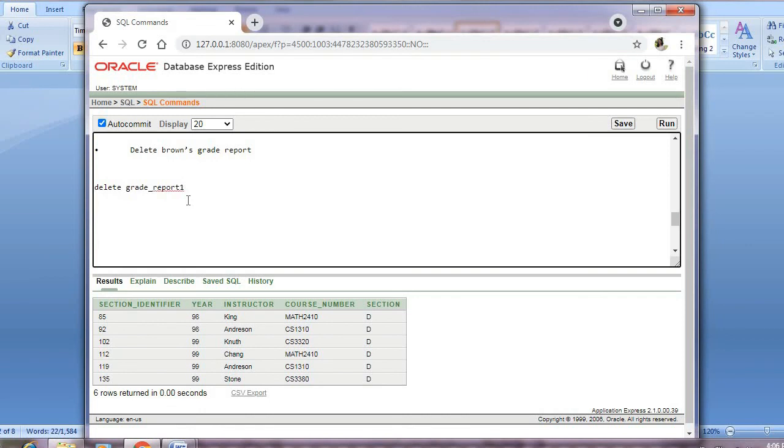Okay, what I have to delete? I have to delete the name of the student. But in the grade report there is no name, only register numbers are present. So if I take the register number of Brown, it is 18. So that 18, I have to connect it to which table? Student table, because in the student table, I have the name of a student. So what I'll do is, where register number